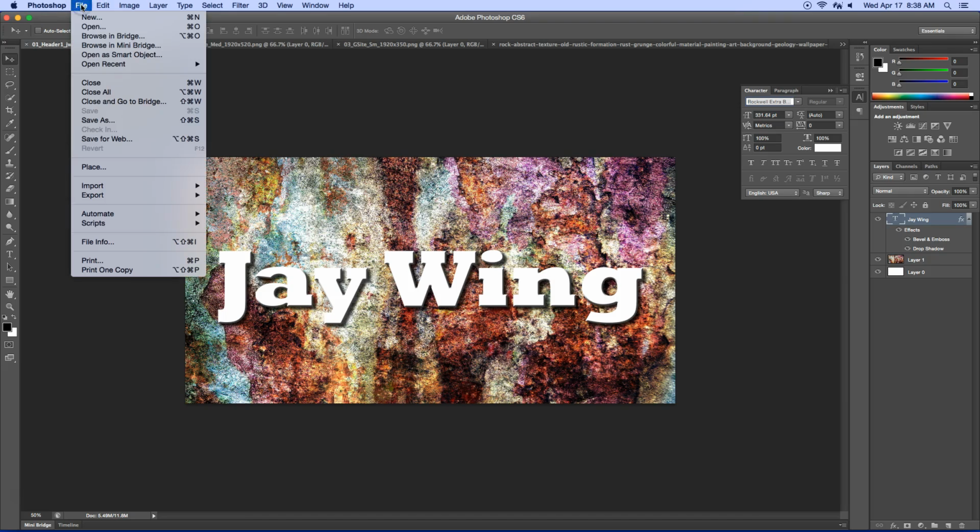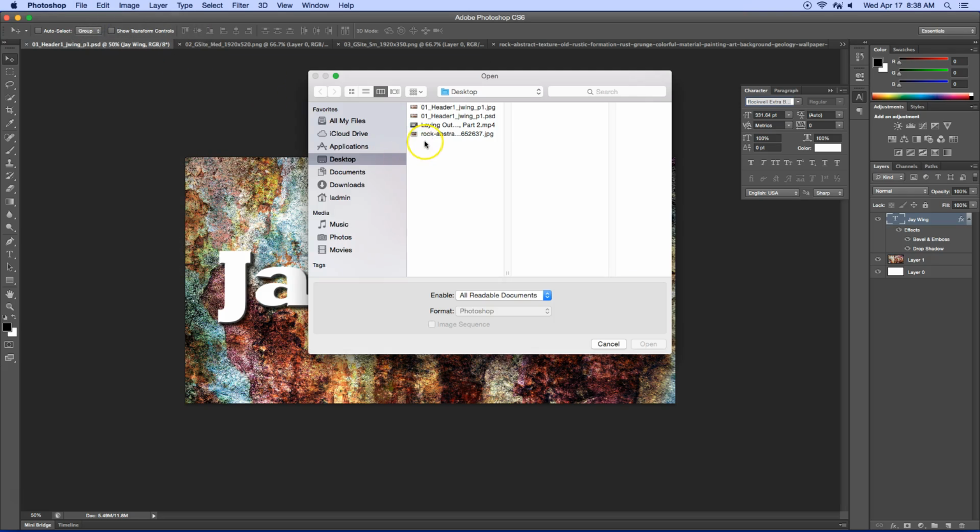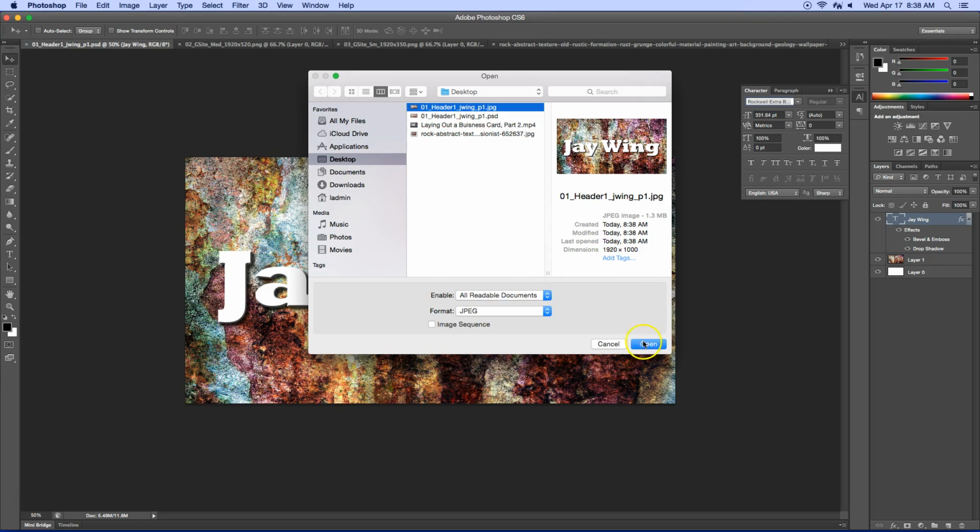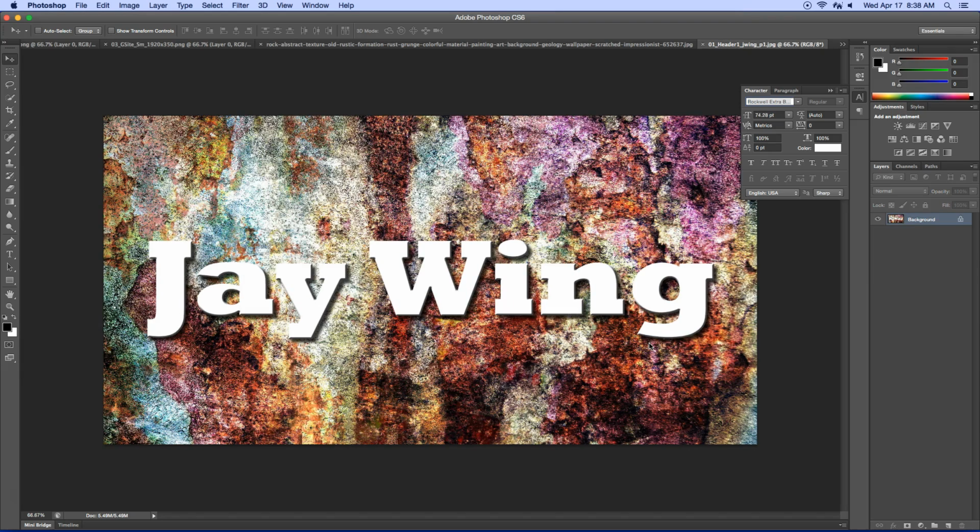So I'm going to go File, Open, go to the desktop, get the header that's the JPEG, and open it. Notice how this is all one layer. I'm going to select everything on the screen and copy it. Command A, Command C,